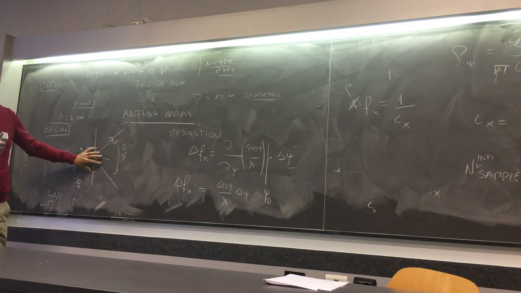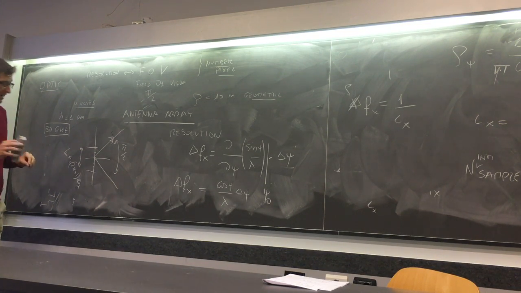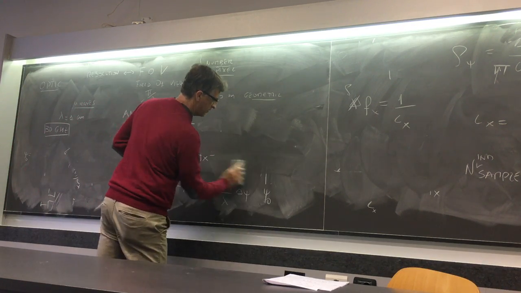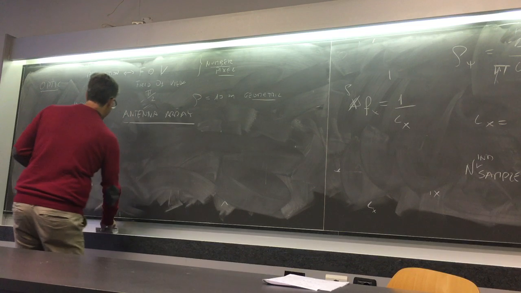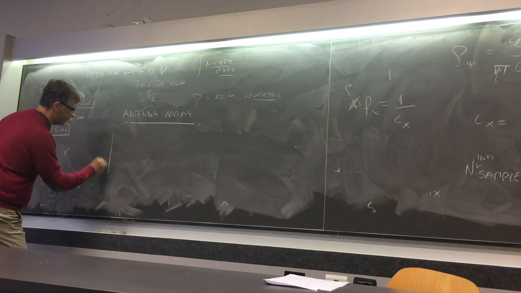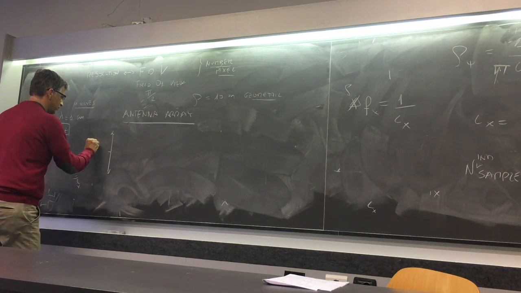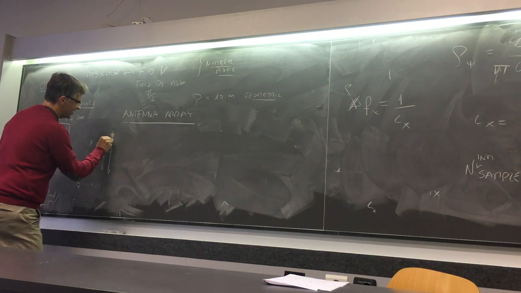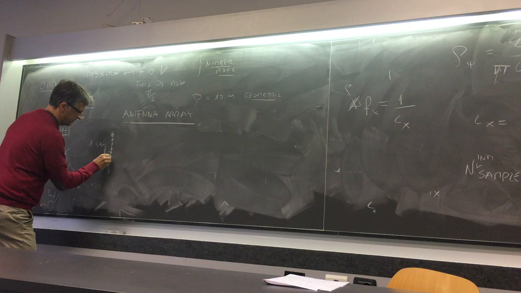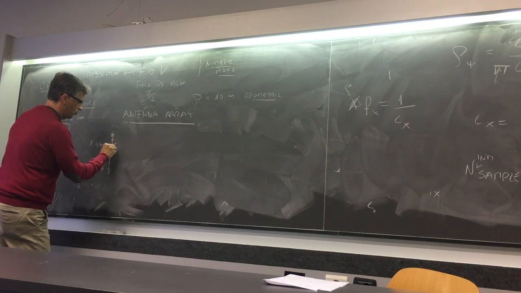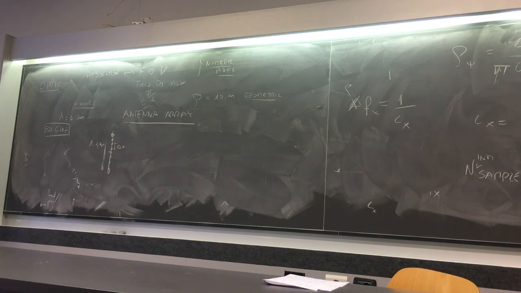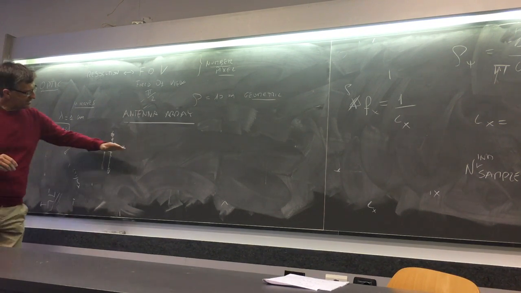of the array is 1.4 meters. But how many elementary antennas do we have? So we have to design the spacing of the array. We know that we have to put the antennas within a 1.4 meter extent, okay? But how many antennas? So what is the spacing of the array, delta x, okay? Well, remember that